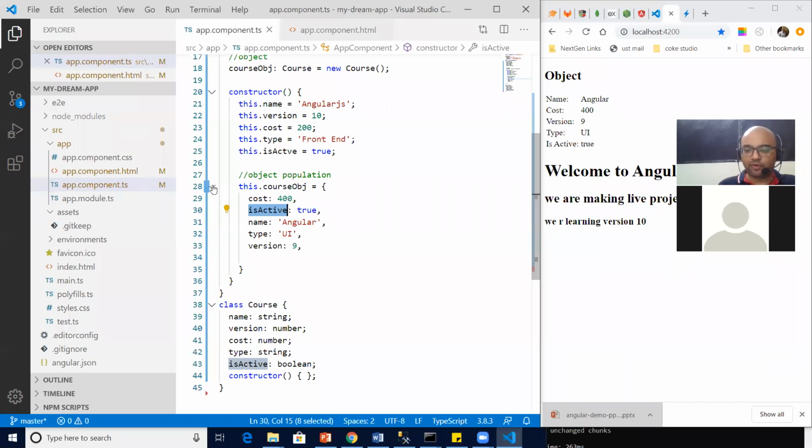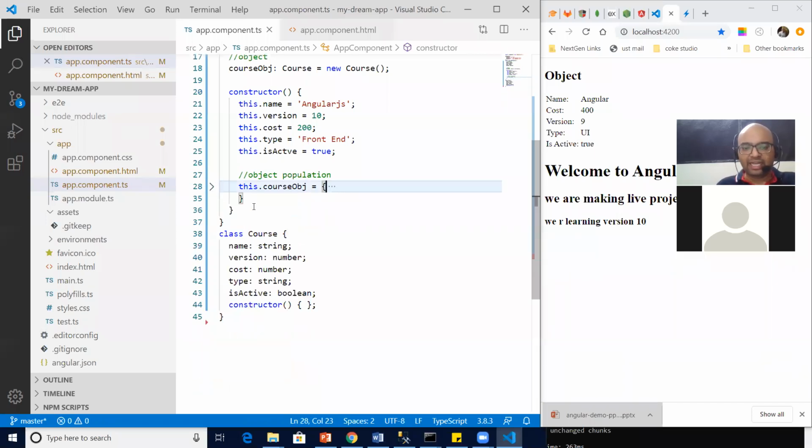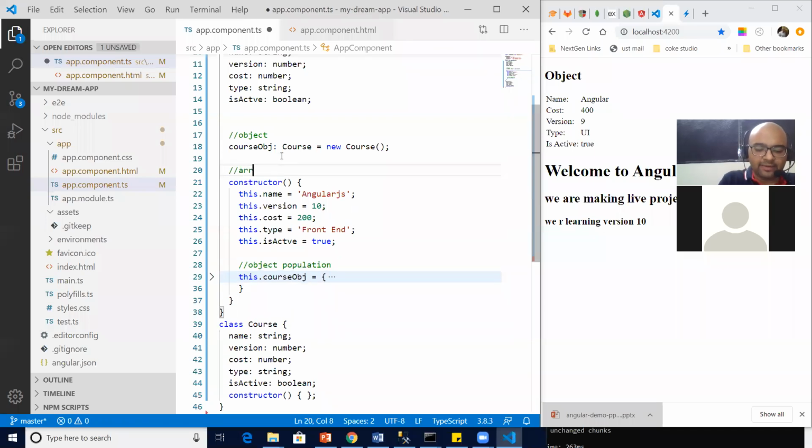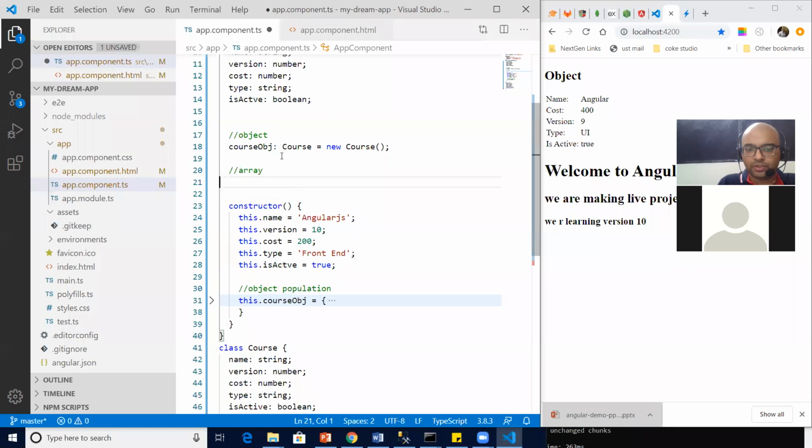Okay. Now I see something from the array side. So before that, let's do a little practice of an array. A little practice means a small array will pick it. So what I do over here is I say array. Do all of you know arrays? Yes or no? Anyone who doesn't know about the array part? All know. Great. So let's create an array quickly.